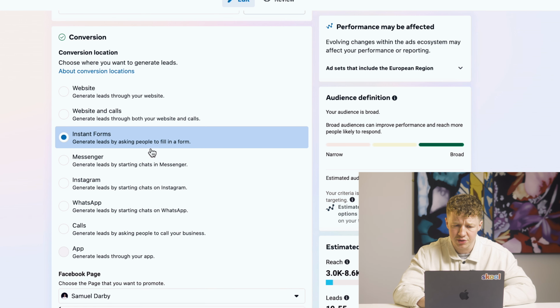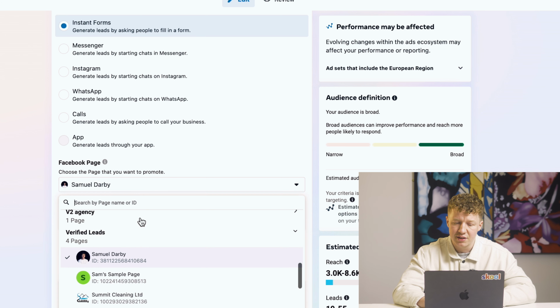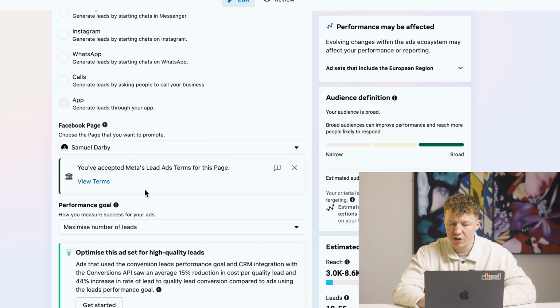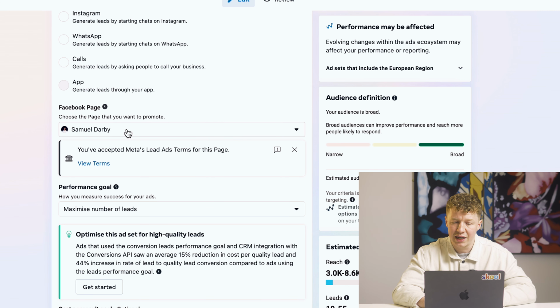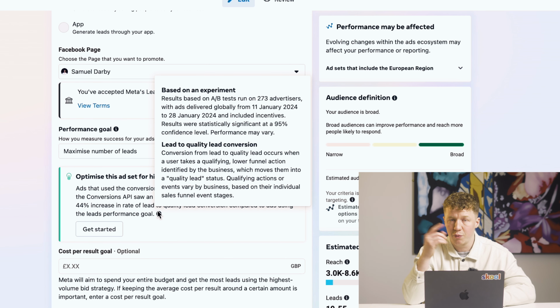So I'm going to select lead forms or instant forms for now. We're then going to want to select our page. I'm just going to leave this as my page for now, but if you click here, it's going to show you all the pages that you have access to, and you can select a particular page that you want to run those ads from. If you want to connect your Instagram account, you can actually do that inside of the business settings, where we were earlier when we were adding ad accounts and pages. There will be a section there which will say Instagram accounts,